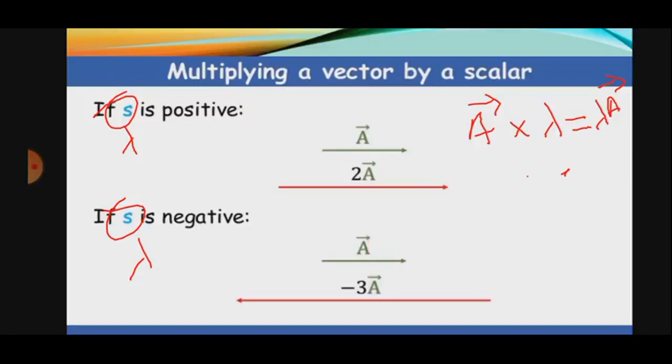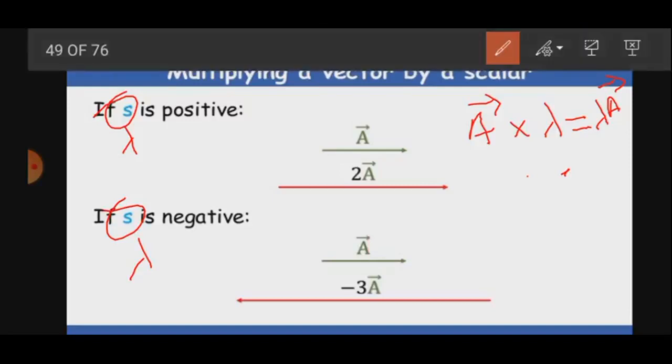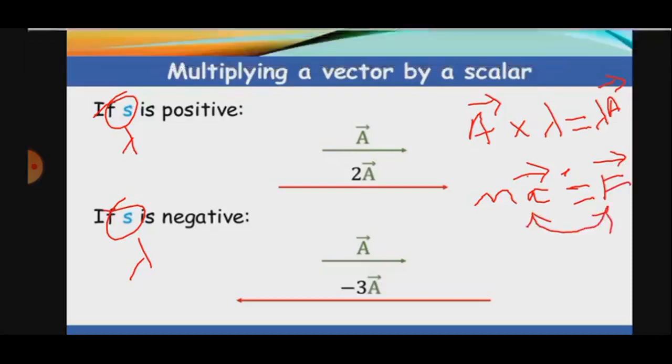Now see, a vector and the resultant minus 3a vector, which is in the opposite direction of the a vector. Now consider this example. What is this? Mass into acceleration. Mass is a scalar quantity, acceleration is a vector quantity. The product, that means multiplied, gives the resultant F vector. Force is nothing but a vector quantity. Okay. Now the resultant is a vector quantity. Force is the result of acceleration a vector. Are you clear, children? This is an example.